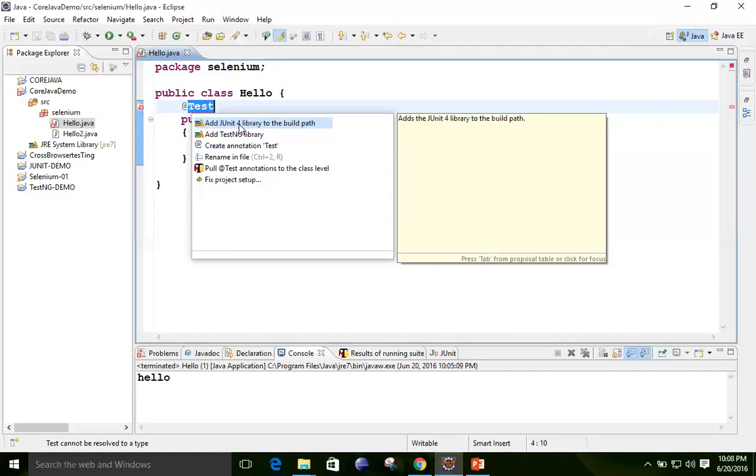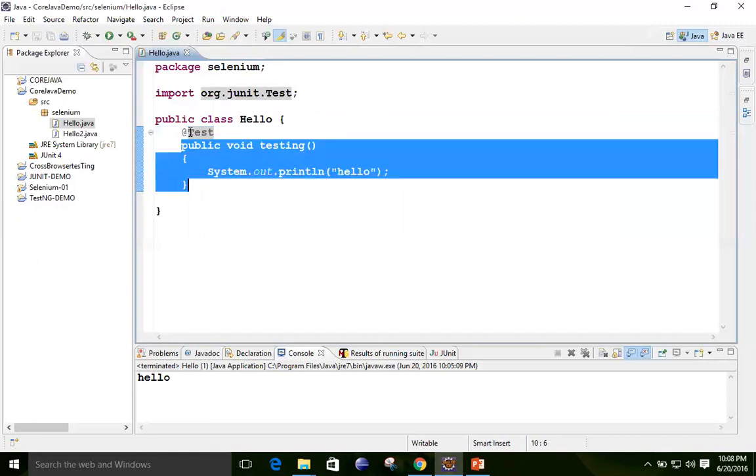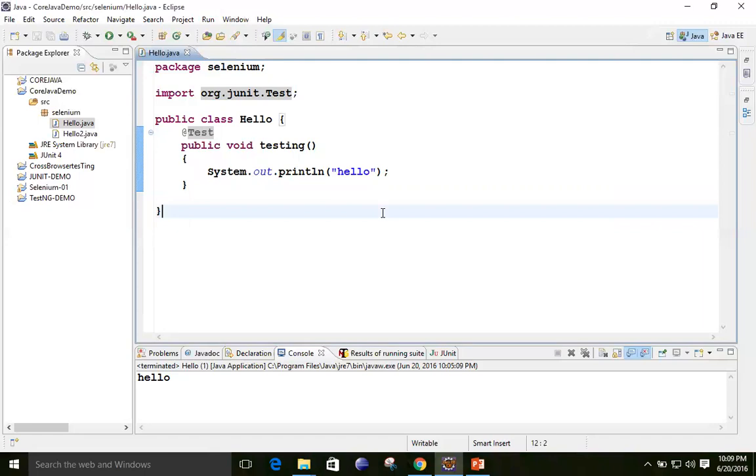So simply click on this one. Now you can see this test is imported from JUnit.